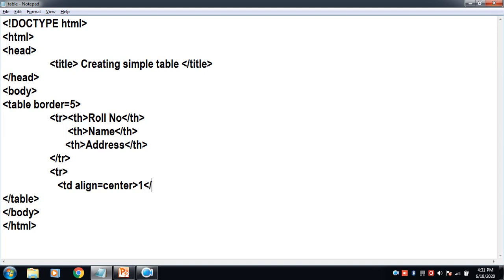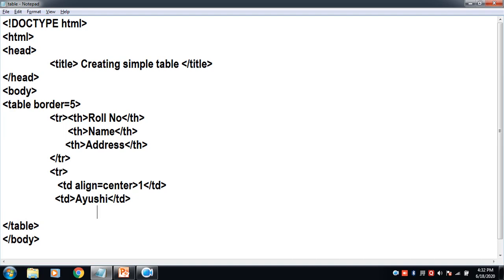So I write the roll number as 1 and I close the table data. Now same way I'll have the second column's data. Here I'll write the name of the student. Say let's write Ayushi over here. I close the table data, and third data is going to be the address of the student. So once again I'll have TD over here and I will write the address.